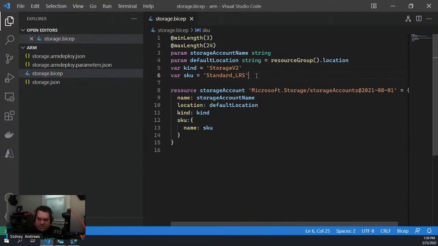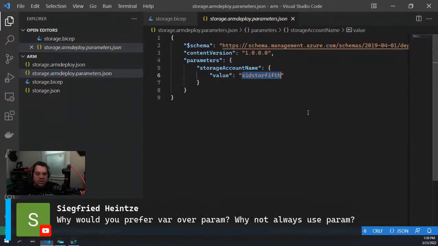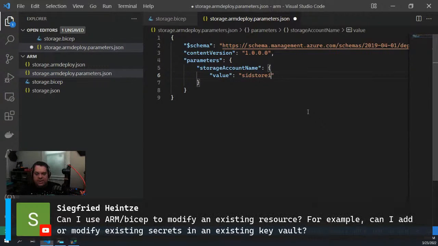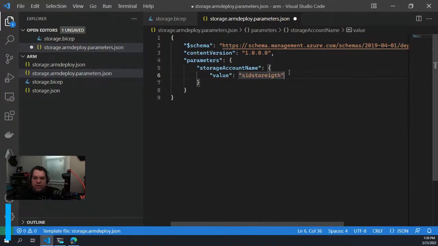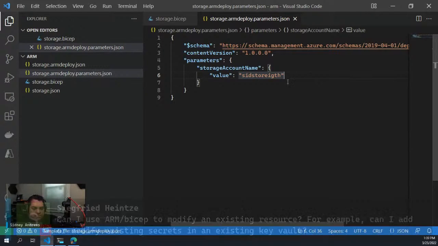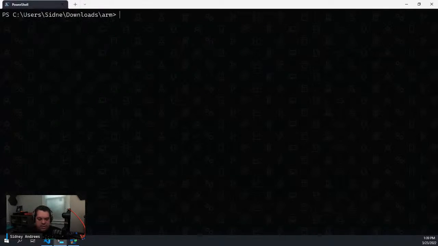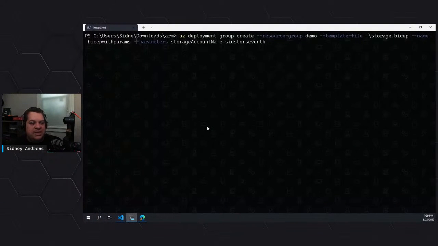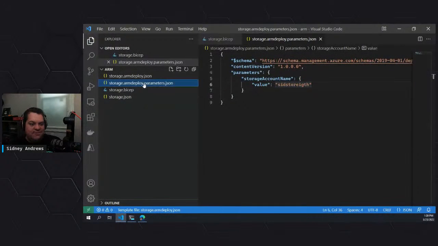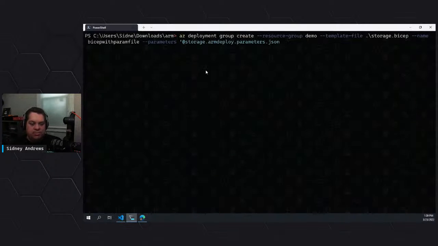It really just comes down to team style, how you want to do things. One other thing I want to call out is that we have this parameters file. We could totally use this. So I have sitstore8. I think I'm up to 8 now. So we save that. And then what I can do here is take this parameters file and use it in this command. So I'm going to have this command, but instead of bicep params, I'll say bicep param file. Instead of parameters here, I will specify, and this is where I had to go get the super long file name, a parameters file, and it uses the same syntax. So if I hit enter,